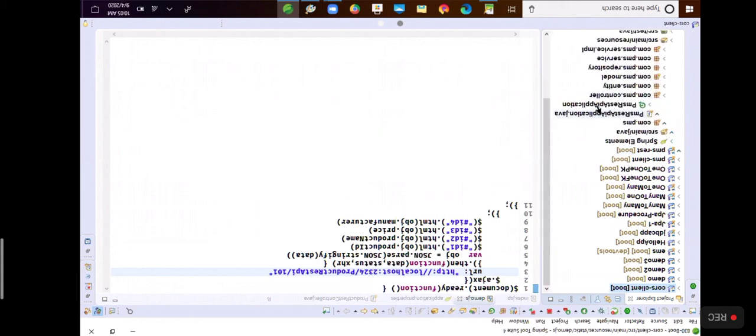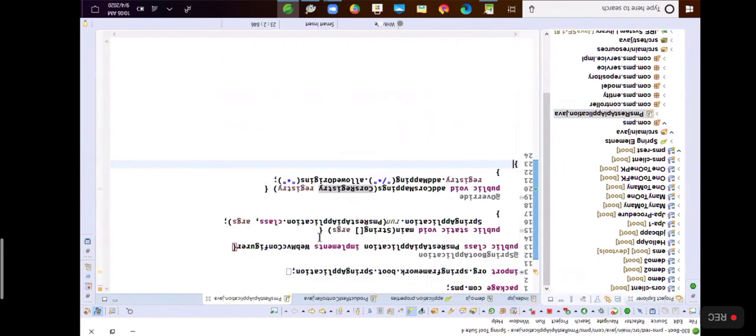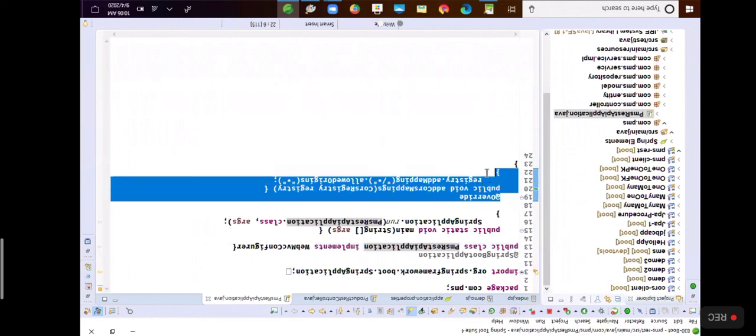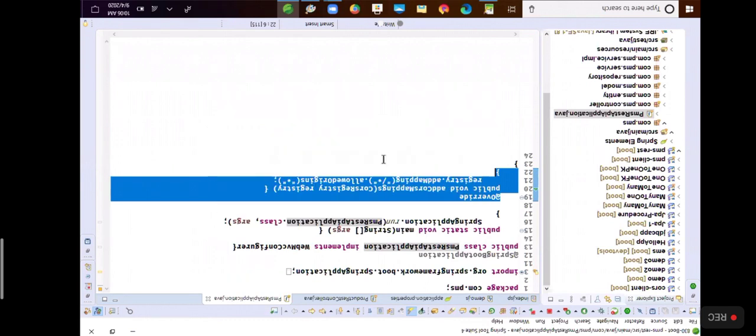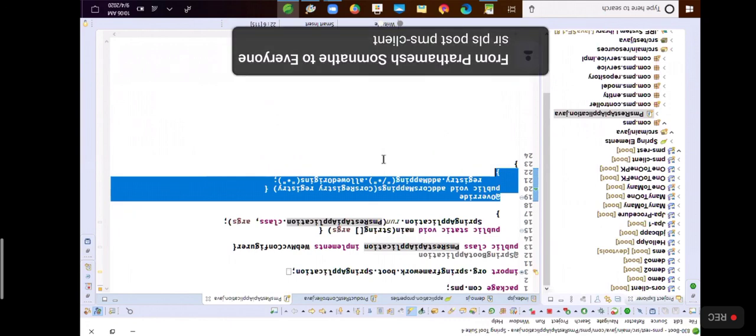The only change is to implement this class from WebMvcConfigurer and override this method. This is the change required in the REST application, and that's the reason I'm not going to post it again; it's still available in the group URL.